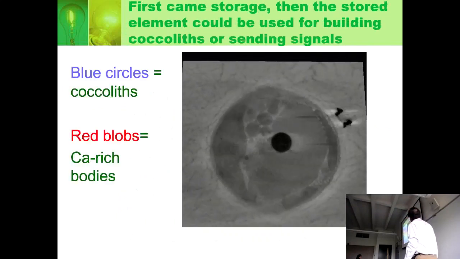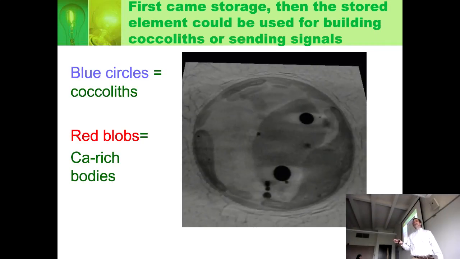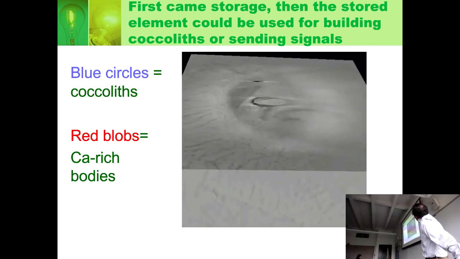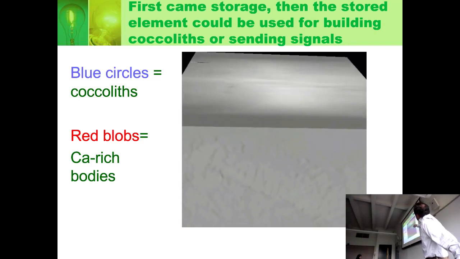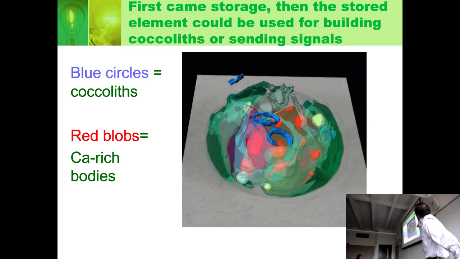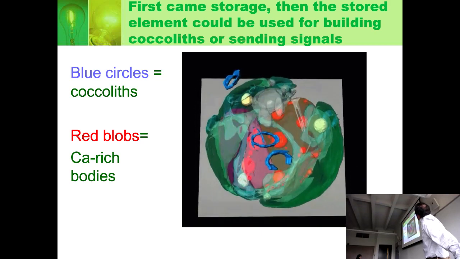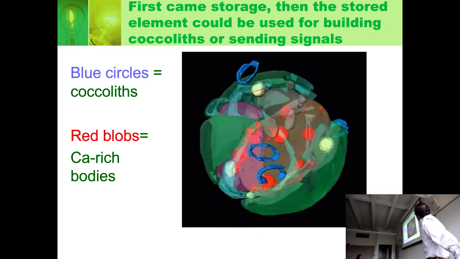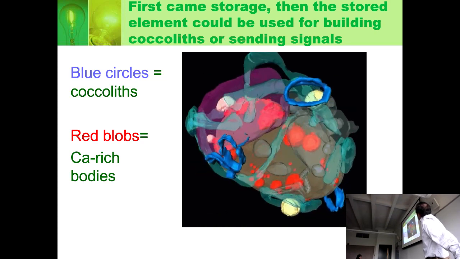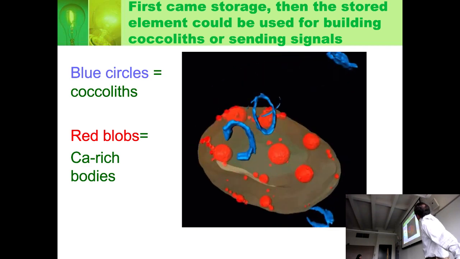Okay, good. This is a 3D construction, and this is the part of biology I wish I could do, but as a chemist, I just have to sit back. So they take all these microscopic slices of the cell, and they're imaging where things are. Eventually, you'll see the colors. The blue colors are the extracellular coccoliths. They're the calcium that's building into the coral. And inside, you see the red blobs. And you see all these other biological parts of the cell. But the important thing is calcium is outside in blue rings, and it's inside in red blobs.